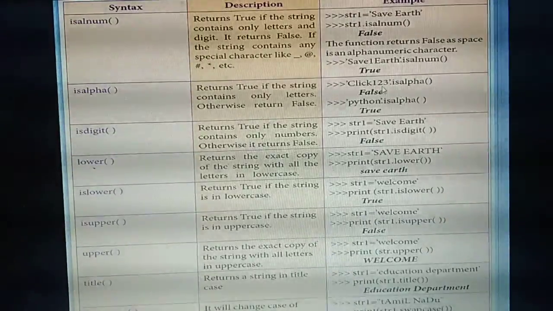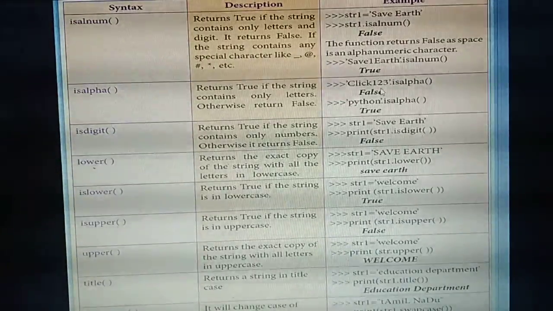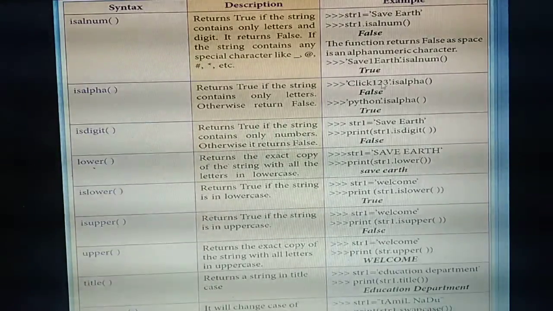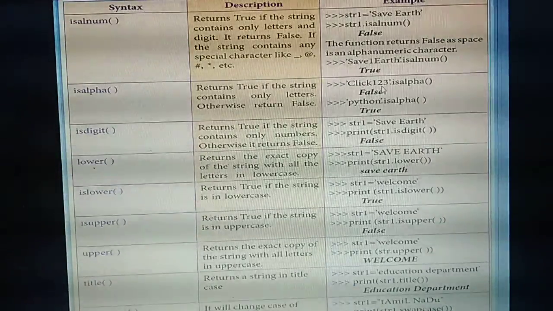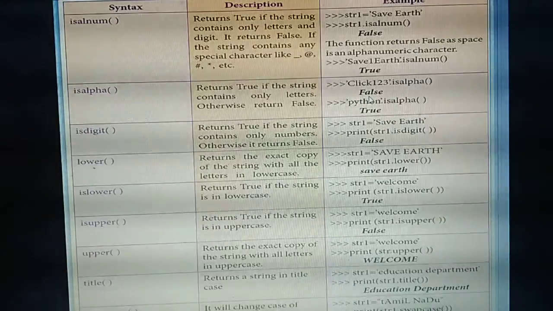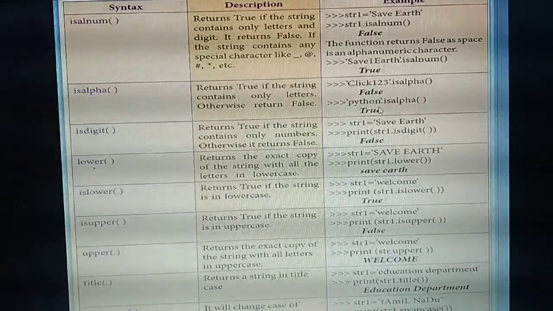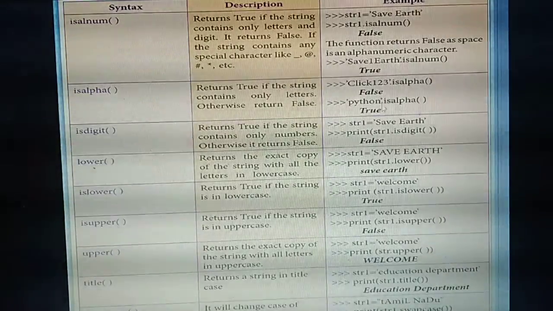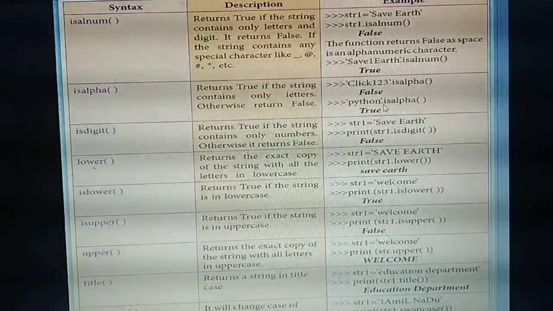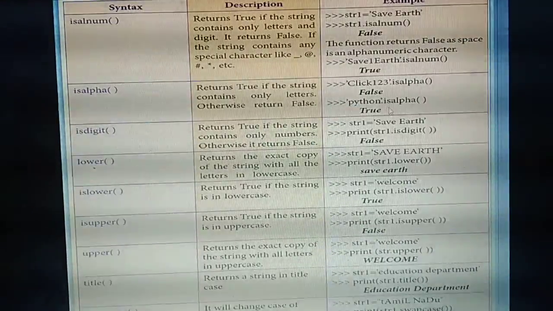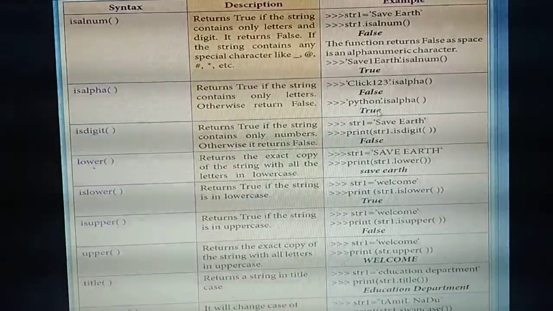You are going to check isalpha, and see what output you will get: False. Why? Because with the word you are giving some numbers, and numbers are not accepted. So the answer you will get is False. But next line, see Python. You are giving the word Python. Each function you are giving, you need to give a dot. So this word Python dot isalpha. This is English letters. So what output you will get? True.